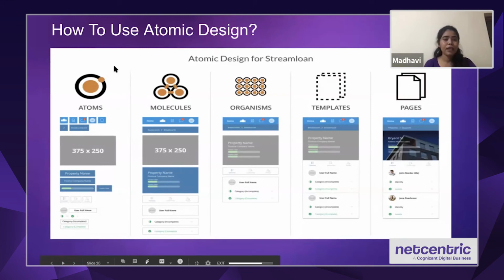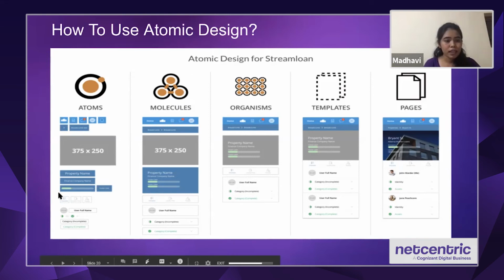In the atoms folder there are the icons, the images, the labels and input fields. All the code related to these, the HTML, comes in the atoms folder.